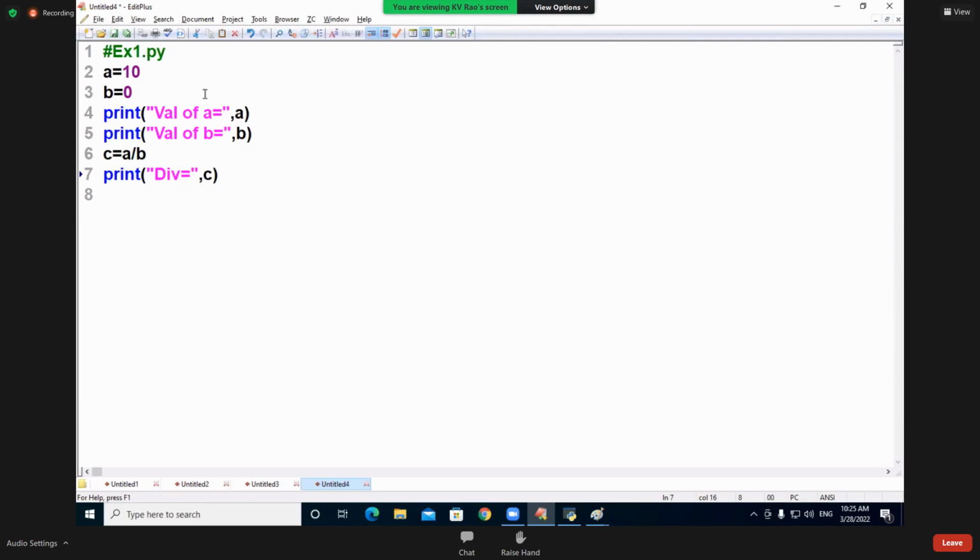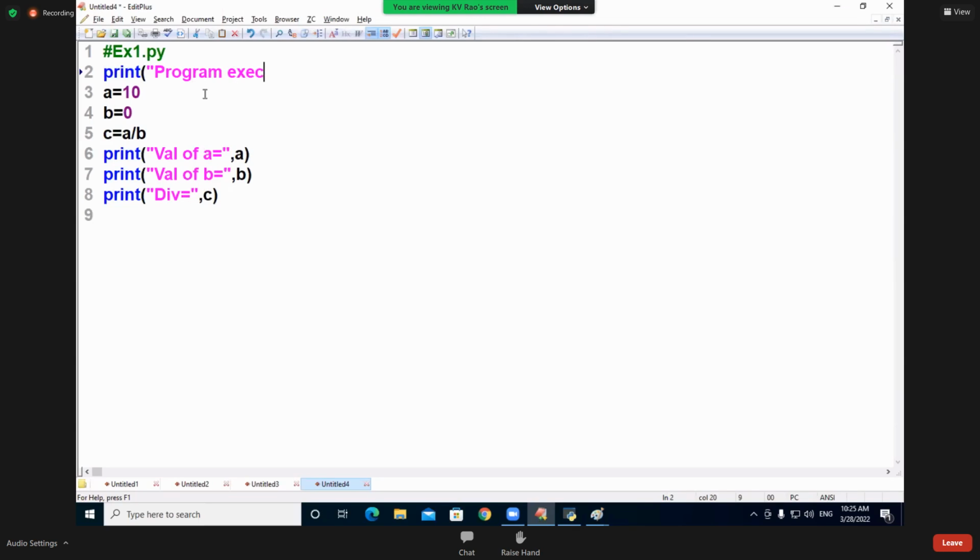Are you getting? Now see carefully. I am writing here. Observe it. Print of program execution started. Print of program execution completed.